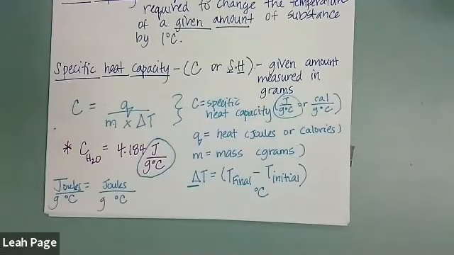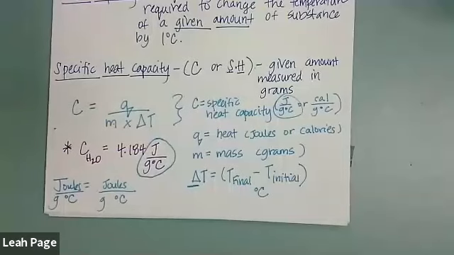And let's do an example problem. And let me give you an example to show what I'm really talking about. So it's basically saying, how much energy does it take to change the temperature of a substance by 1 degree Celsius? Now, I'm going to give you some specific heat capacities. We know the specific heat capacity of water is 4.184, but the specific heat capacities of a lot of other substances are pretty low.